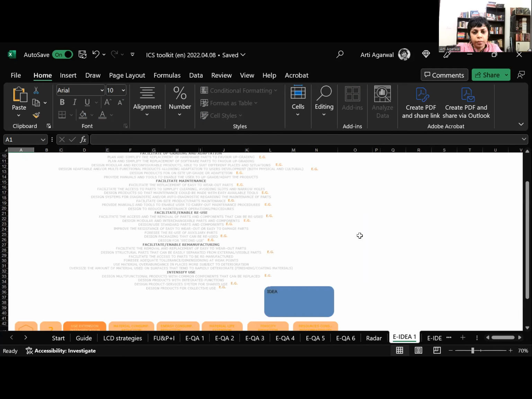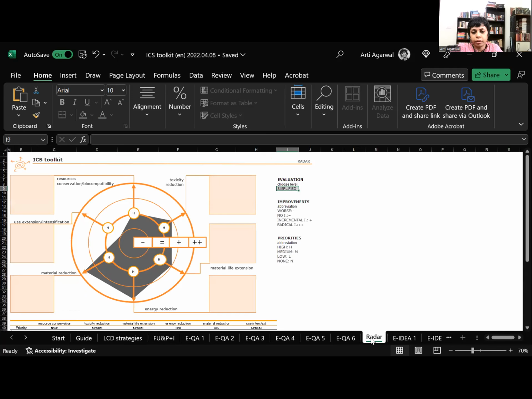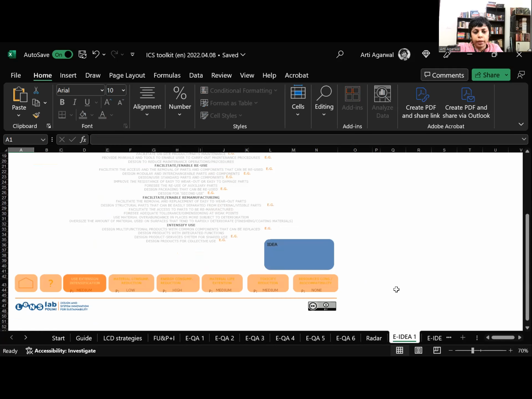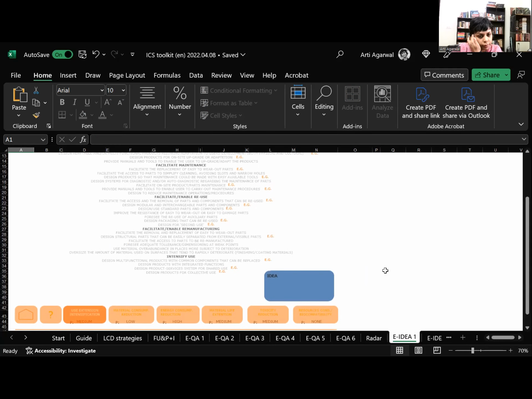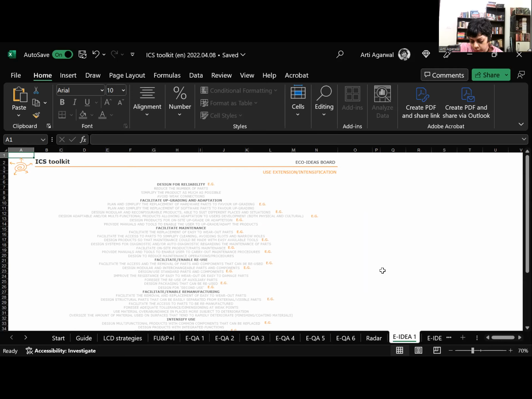So radar comes later. That's why I get confused when they put the radar here. I don't know why they do that, but anyway. So now you come here to the ideas, and after your whole assessment, evaluation of your design, you can kind